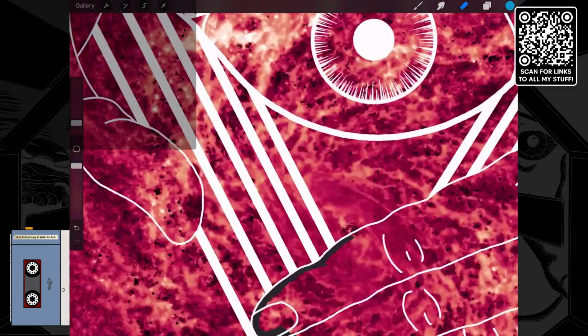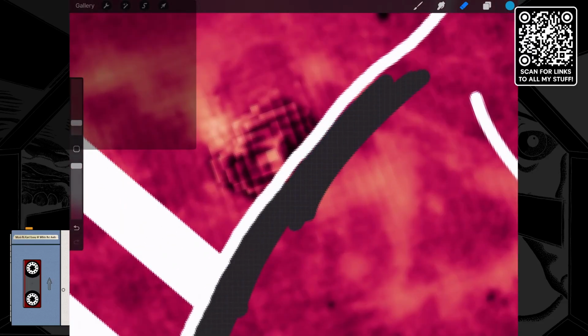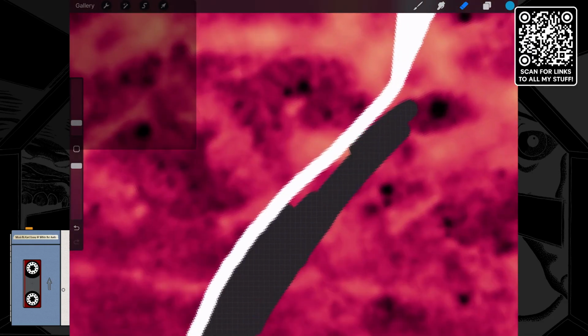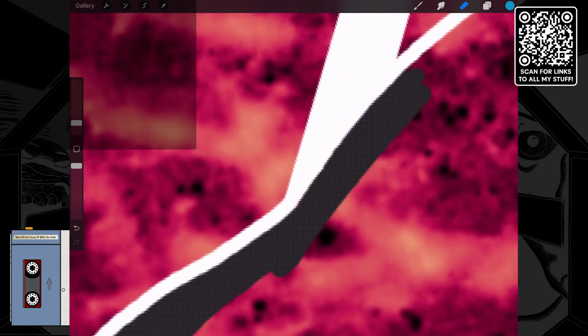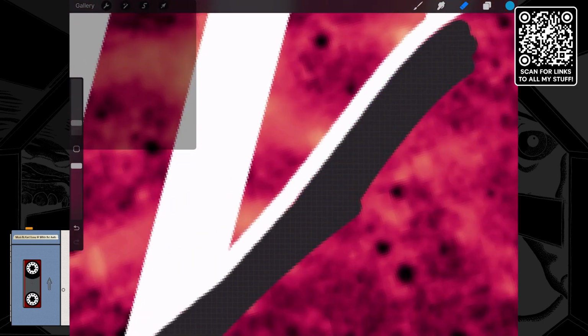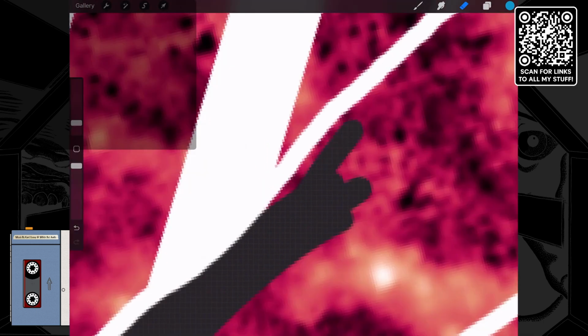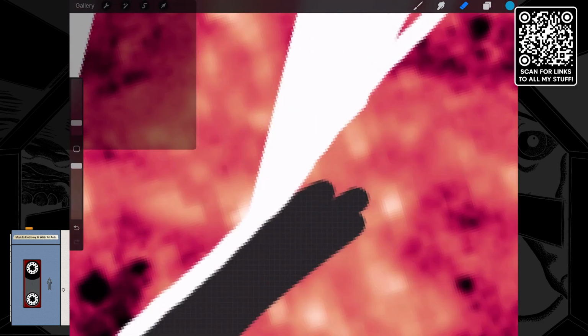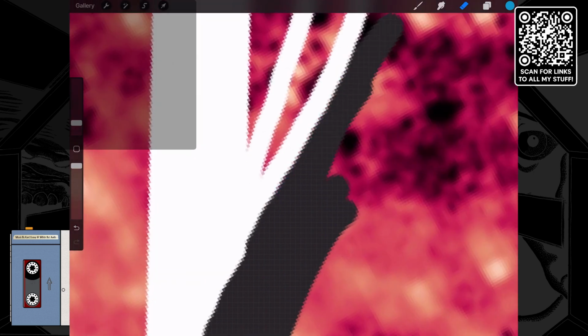I pulled this galaxy image off of NASA. This is the Whirlpool Galaxy, I believe. But what's nice is they have this red image of it, because I'm really going for reds in this. This is basically whites and reds, because it's like sorcery and that type of thing. So I'm sticking with that as the color theme for it.